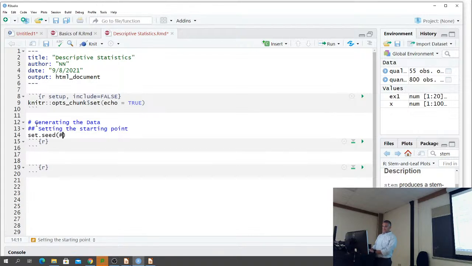set.seed sets the starting point for the random number generator. It's going to be good for us in this class so that when I do make a random vector, you get the exact same random vector as I do. All right? If we didn't do this, then the first time we run a random number generator,